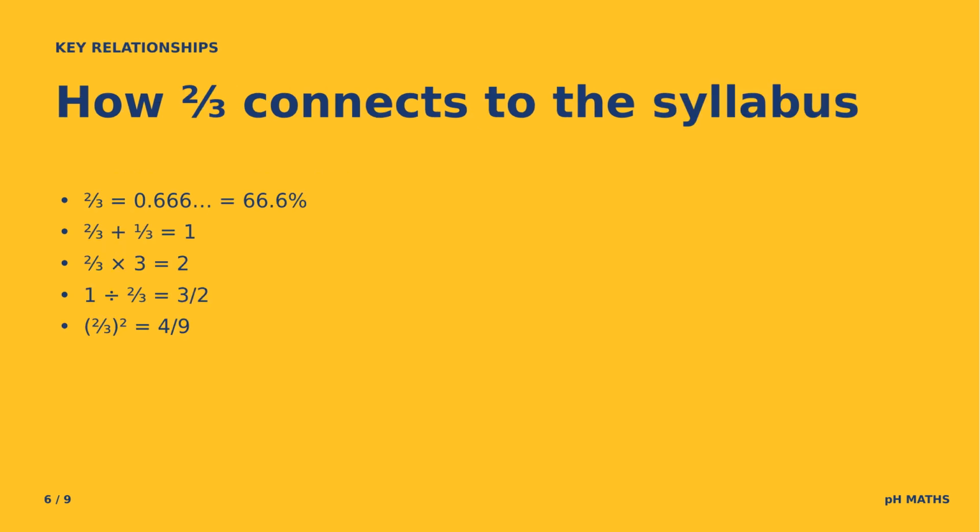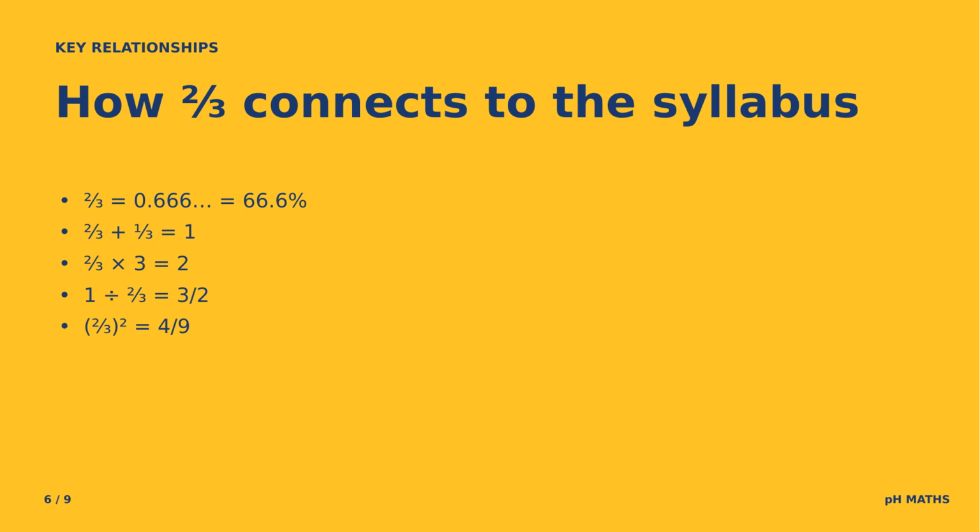Key relationships. 2/3 equals 0.666 recurring, which is roughly 66.6%. 2/3 plus 1/3 equals 1. 2/3 times 3 equals 2. 1 divided by 2/3 equals 3/2. 2/3 squared equals 4/9. And any geometric sequence with ratio 2/3 shrinks to 0, useful for sum to infinity work